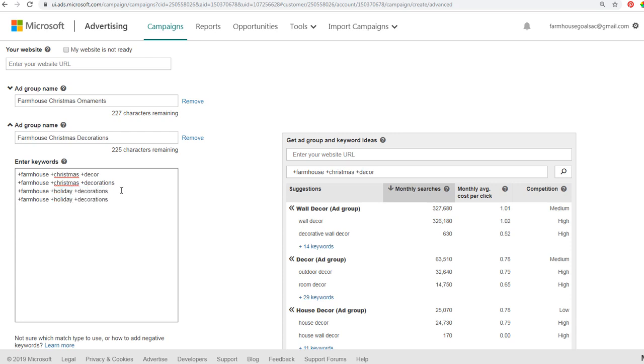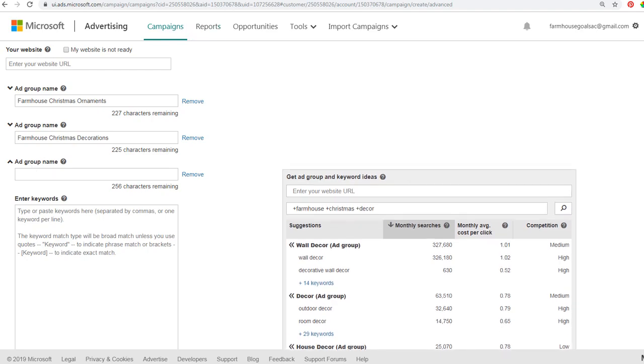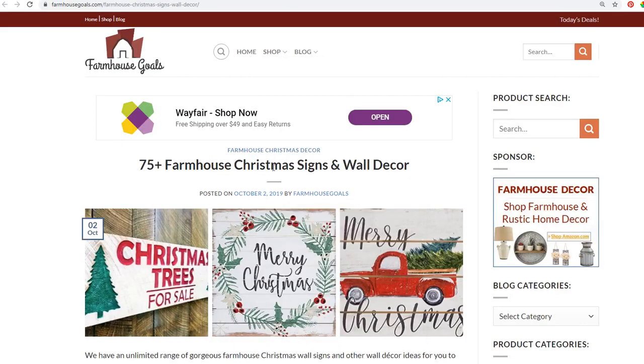And I'm going to send all my traffic to that page. So this is going to be my second ad group here. We're targeting these 4 keywords in this ad group. Now we'll create a new ad group, and we'll set it up for this page here, farmhouse Christmas signs, farmhouse Christmas wall decor. And again, as you're setting these up, what you can always do is come over here to